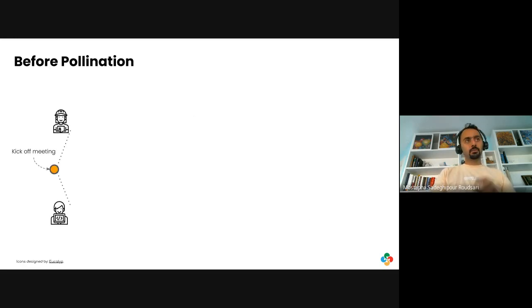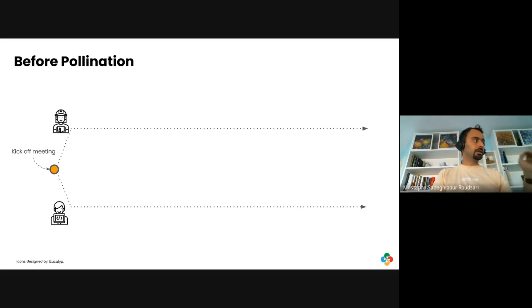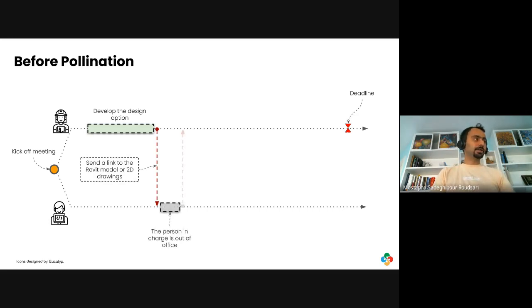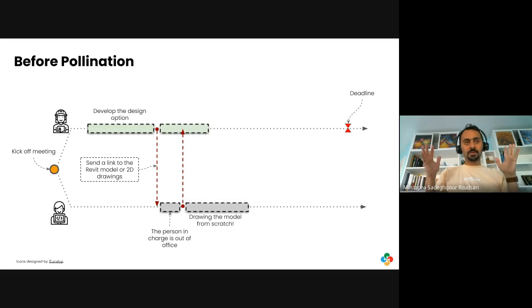The main reason that we built Pollination is to solve what we call the two-week workaround problem that you have, as a designer and engineer, or architect and building performance specialist. There's a deadline, and then you have this disconnect: a design is developed on the architecture side and sent over, whether it's a Revit model or a 2D drawing, and then there's the time spent redrawing the whole model from scratch, which is the part that we will talk about today,